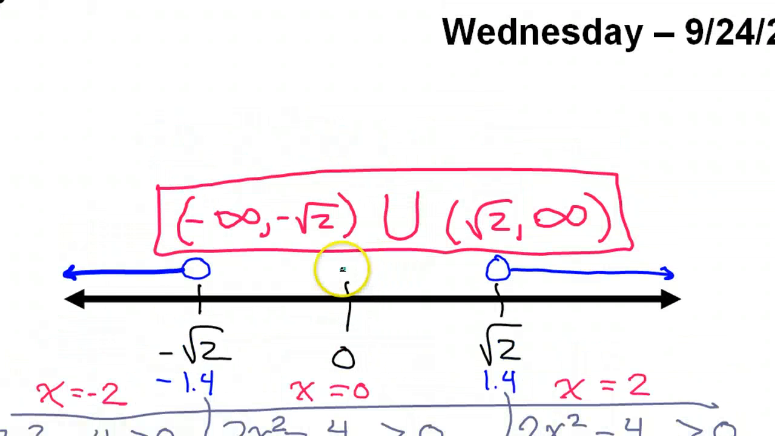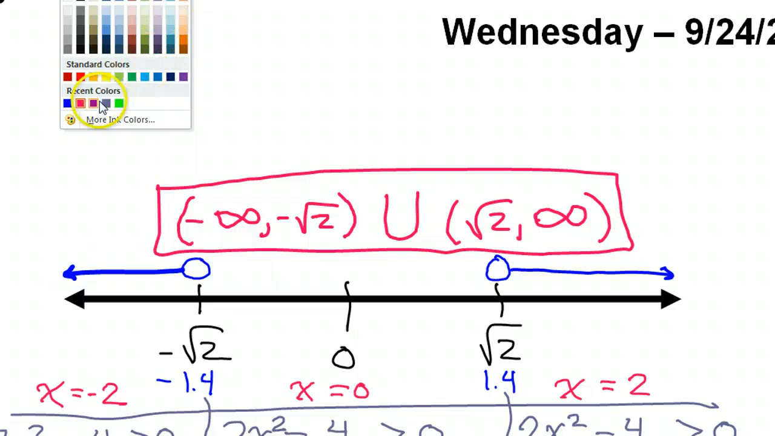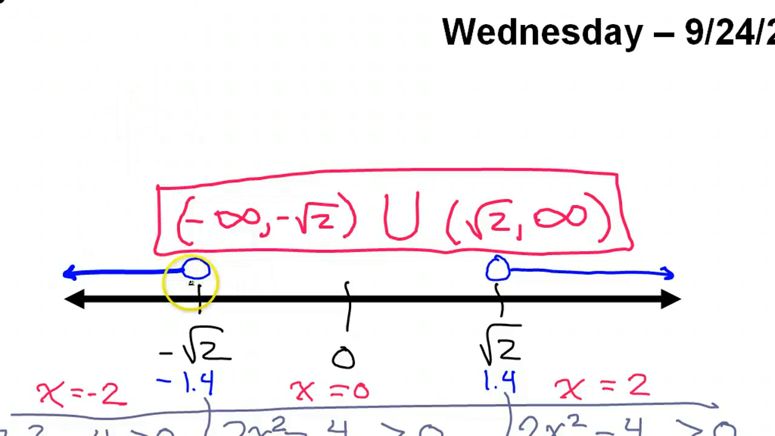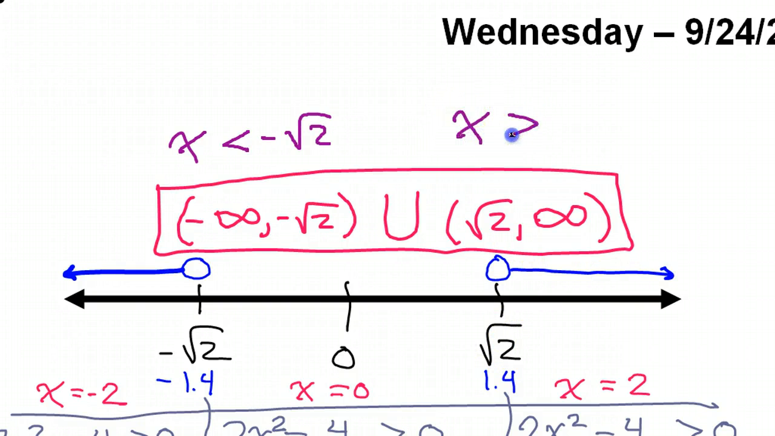Okay, with inequalities, it's still very easy. For the left branch, these are the values less than negative radical 2. So we could just say x is less than negative radical 2. For the right branch, this is showing values greater than radical 2. So I will just say x values greater than radical 2. And instead of a union symbol for inequalities, we use the word or. So that is how you would write the solution set